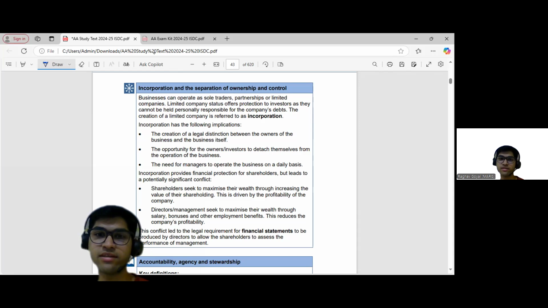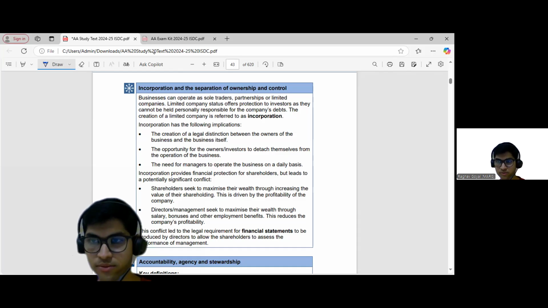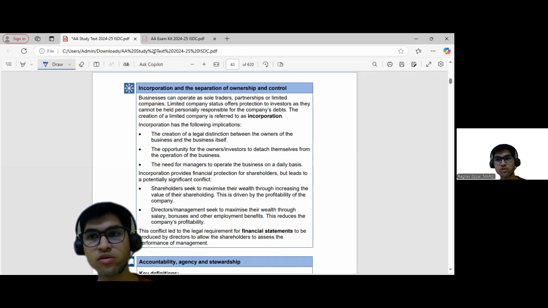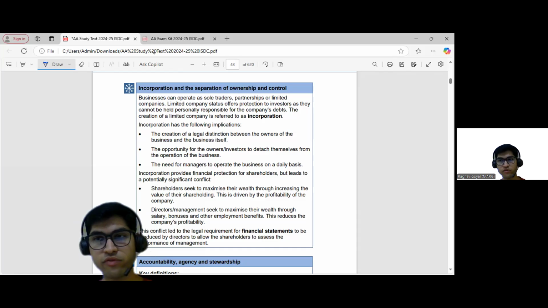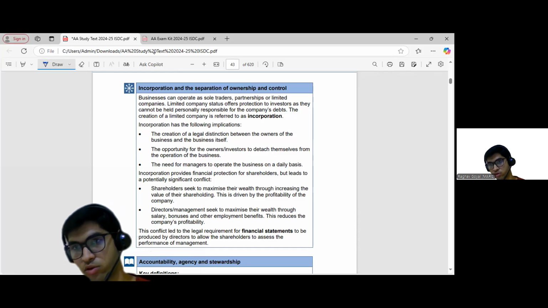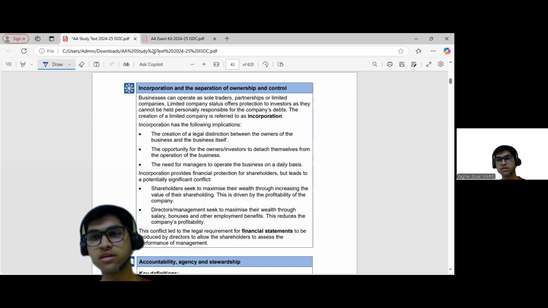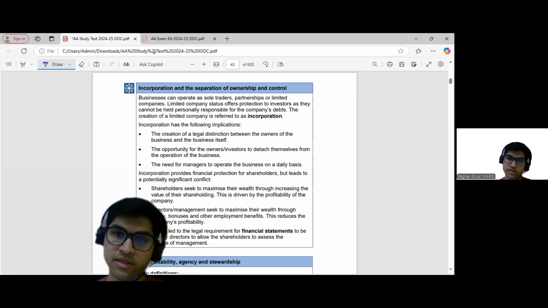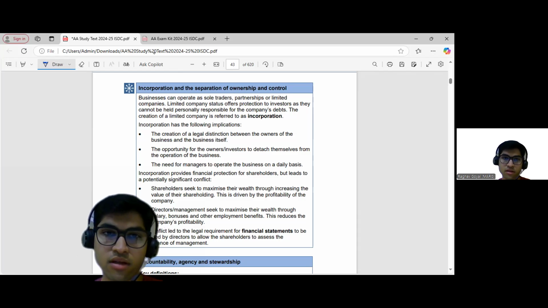So that's why there should be a clear distinction, and the directors are responsible for safeguarding the assets of the owners, meaning the directors should act in the best interests of the shareholders, not for themselves, not for their family, not for their friends, but for the shareholder. Any decision they make should be in the best interests of the shareholders. So this is basically what is written here. If we read it from